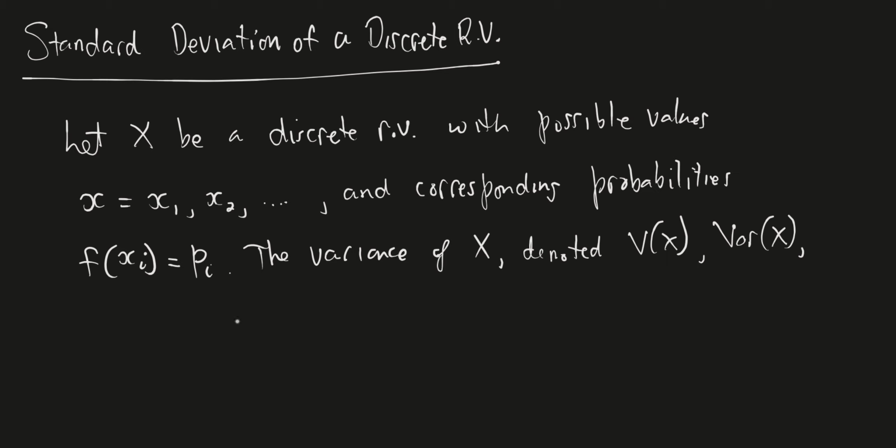But then the third one is a little strange. Like, where do we end up with a Greek letter out of this? Well, Greek letter sigma, but then it's squared, and then you might possibly put the x as a subscript, again, if you need to specify that this is the variance of this particular random variable, right? So these are all the different notations. I don't really have a preference one or the other. We'll probably use this one the most, however, right? So the variance of x denoted in one of these three ways